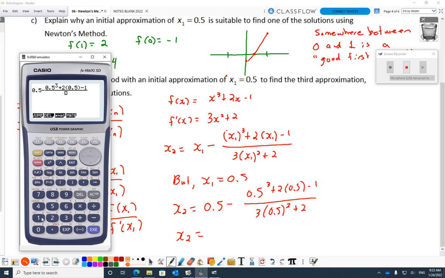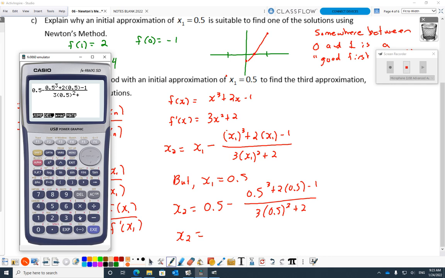Incidentally, if that numerator is 0, because 0.5 actually gave the 0, then I'll just get 0 up there, and the party will be over. That's why I can assume it's not the actual answer, because if it is, it's all going to work out here. Denominator, divide by the derivative. 3 times 0.5 squared